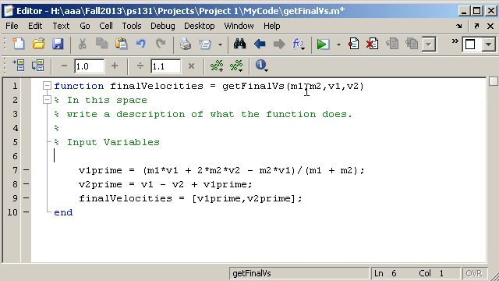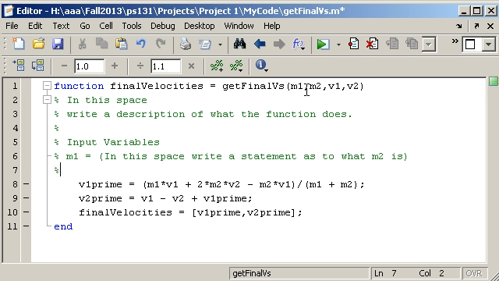And so you'll have %m1, and then in this space I'll put a statement as to what M2 is, and then